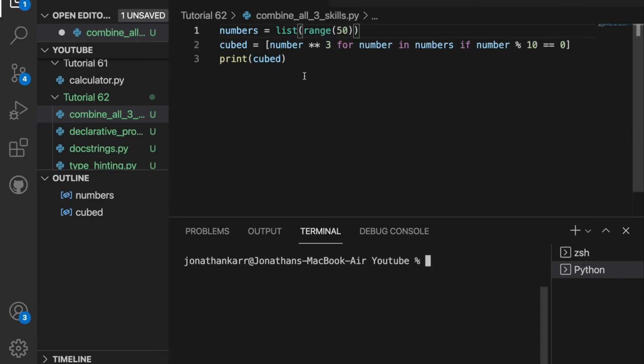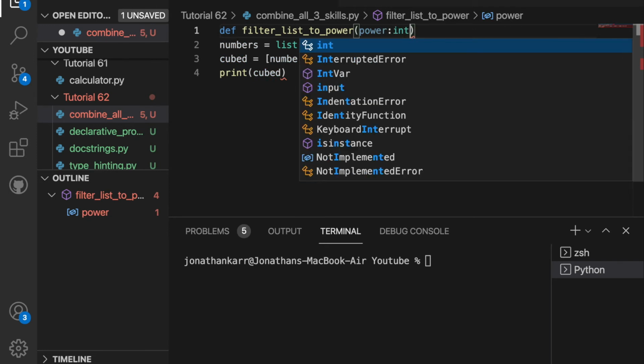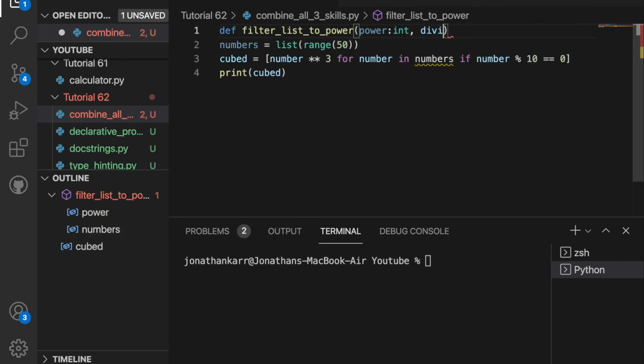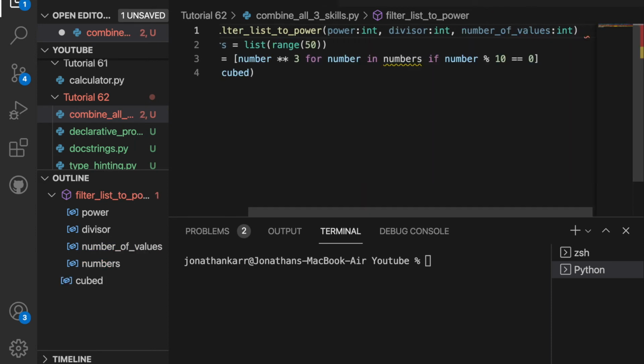Now let's combine all the skills that we just learned by putting this into a function. So I'll create a function called filter list power, and it's gonna take 3 parameters. The first, which is power, and it's gonna be an integer. Then I'll say divisor, which will also be an integer. And then the third one is the range, but we can't use the word range because that word is already taken in Python. So instead of that, I'll say number of values, which is also an integer,